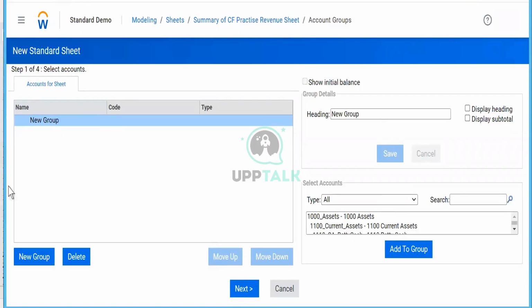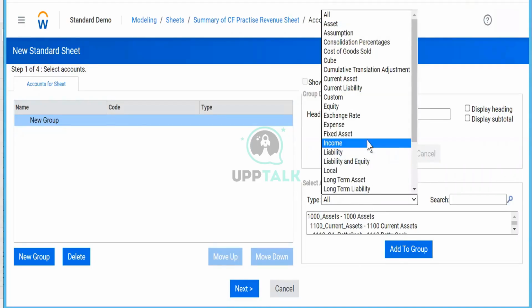You have to add all the accounts here. How can you add? You can see the select accounts option on the right hand side. This is basically a sheet builder. Where did you create the account? You created that account in custom, custom account.